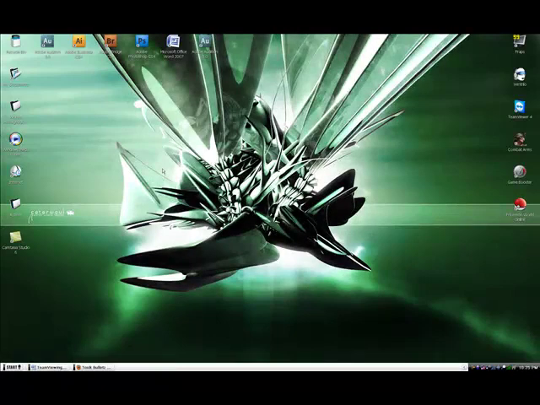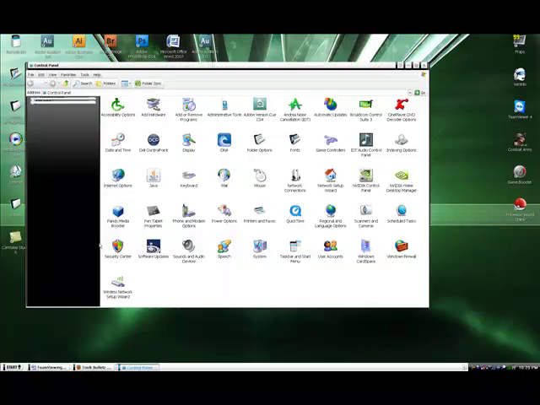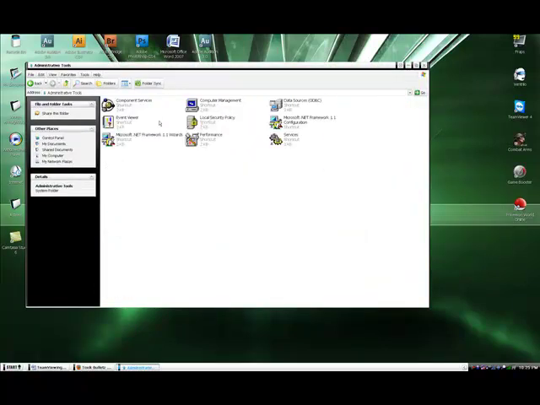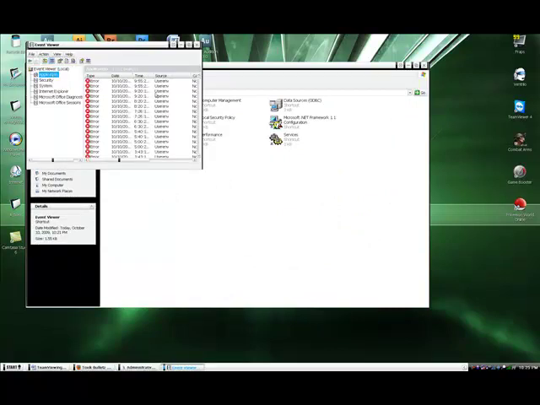Alright, next we'll be checking the event viewer. To access the event viewer, go into the start menu, go to the control panel. So in the control panel, go to the administrative tools. Open up the event viewer and go to application. From there, click source and it'll sort them by the type. It's good to look through the application error, the application hang, Dr. Watson, and MSI installer files. Once you've looked through these,